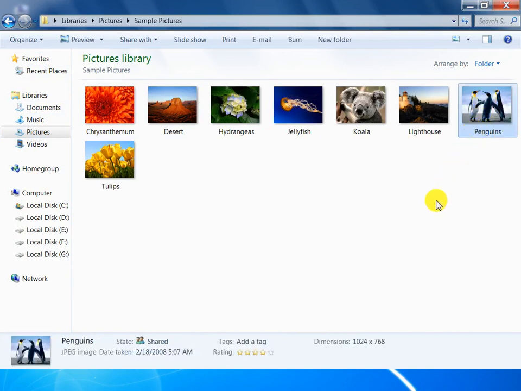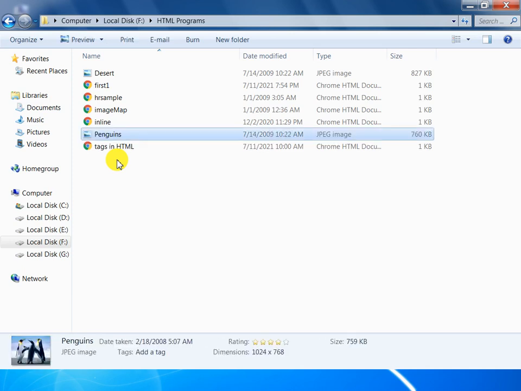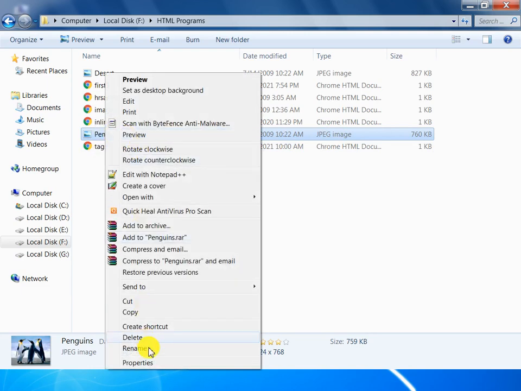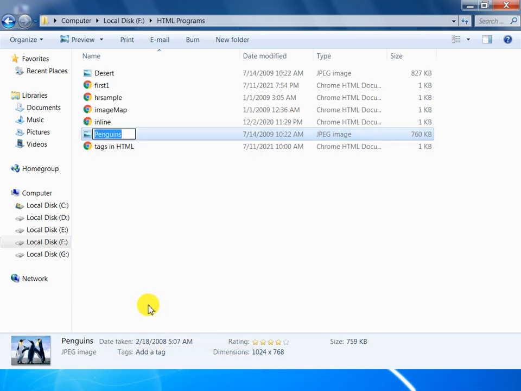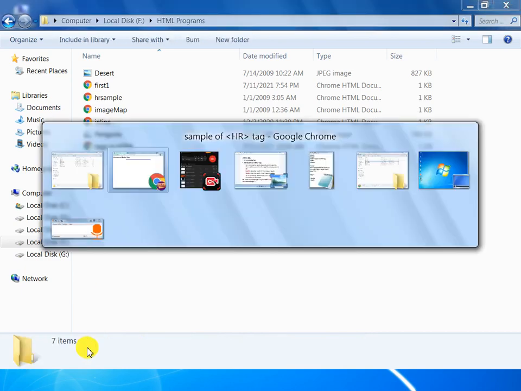I copy the penguins picture, Ctrl C. Go to our folder, F:/HTML program, and paste it here. Check the extension of your picture file, that is JPEG. You have to insert the extension in our coding. Now I copy the text of this file to avoid spelling mistakes.